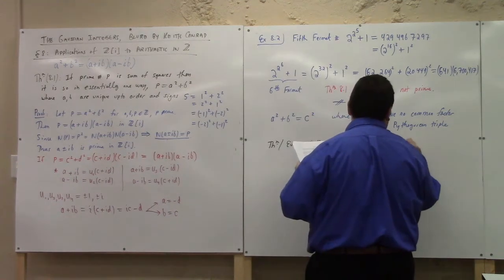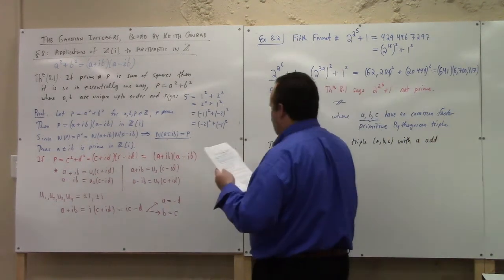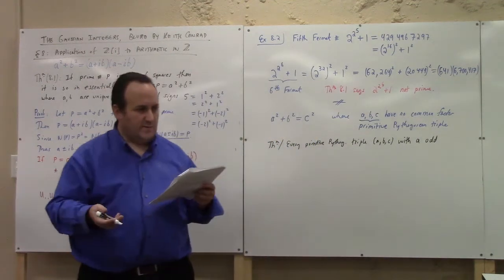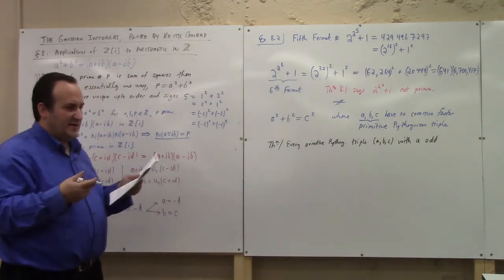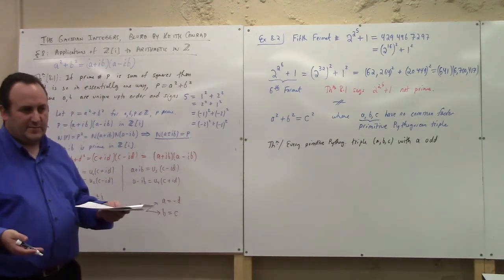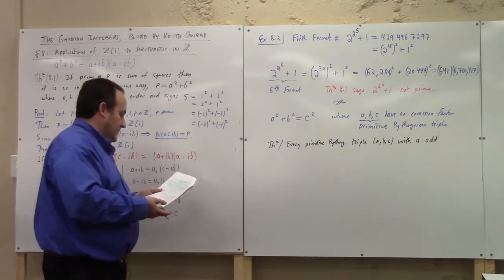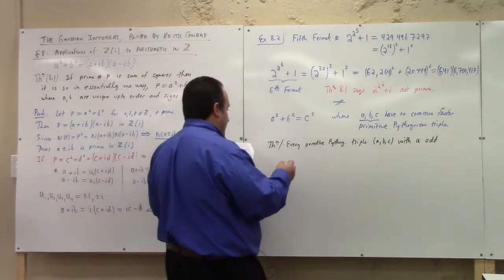with A odd. So he argues that at least one of A or B has to be odd in the page before. So this is not a limiting condition, it's just for the sake of labeling, all right? You can assume one of them is odd. Either A or B has to be odd. So why not say A is odd? Then